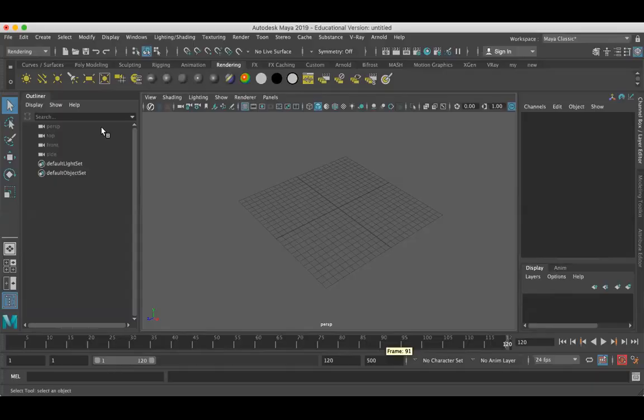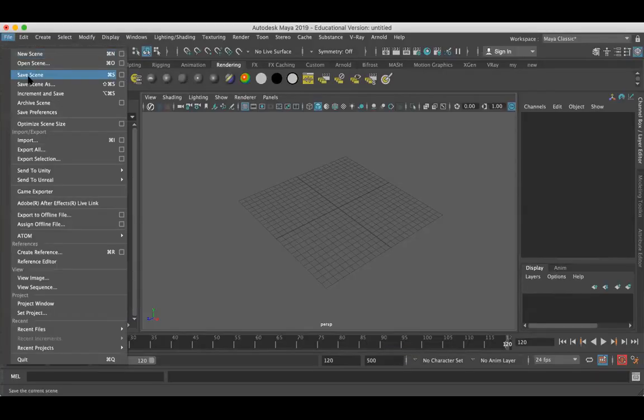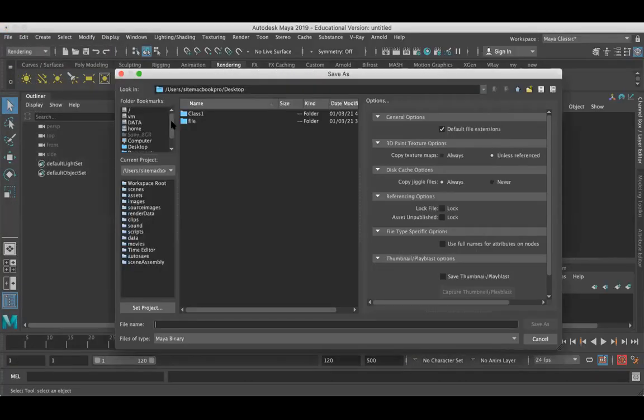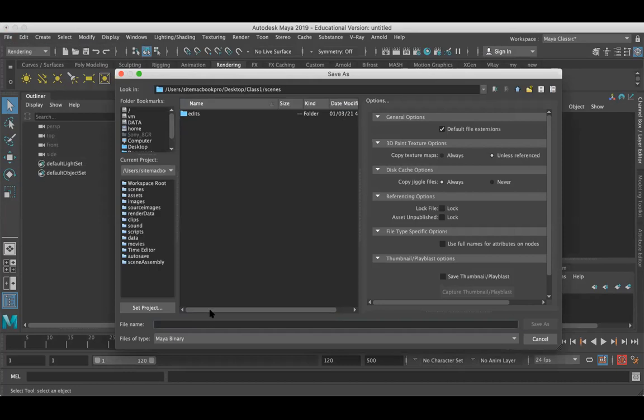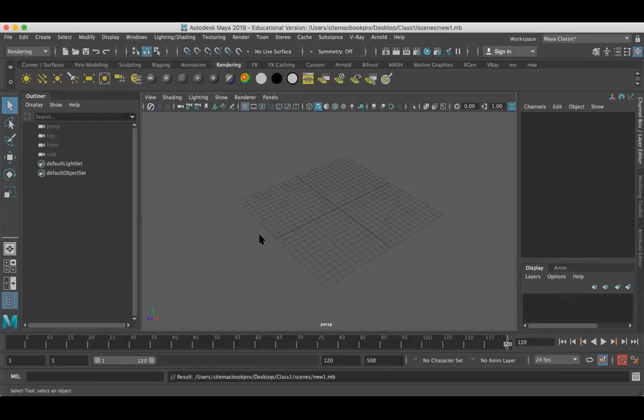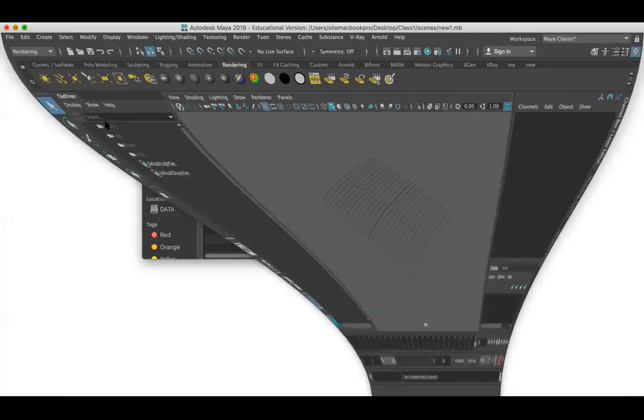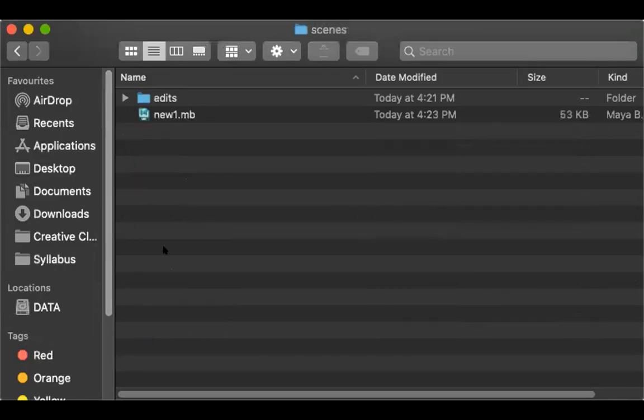So I go to Maya, and now I'm going to File and save the scene. You can see here, in the folder you can save your file, a new one, or you can give any name. Now you can find that your project is saved inside the scene folder.